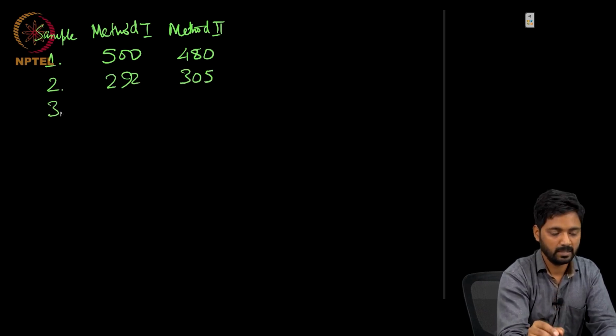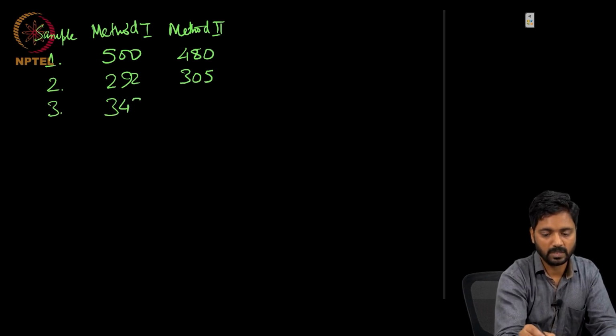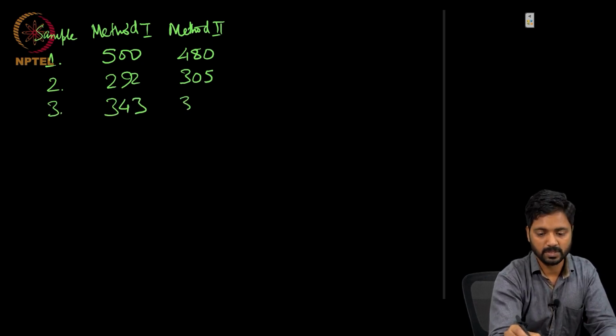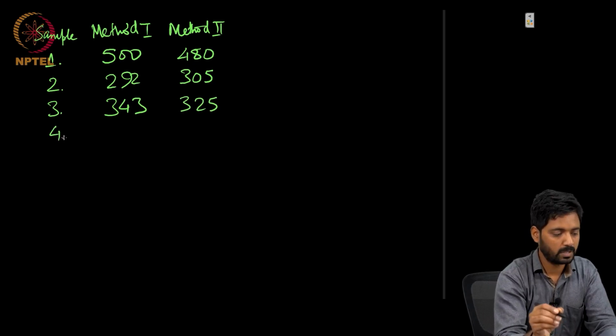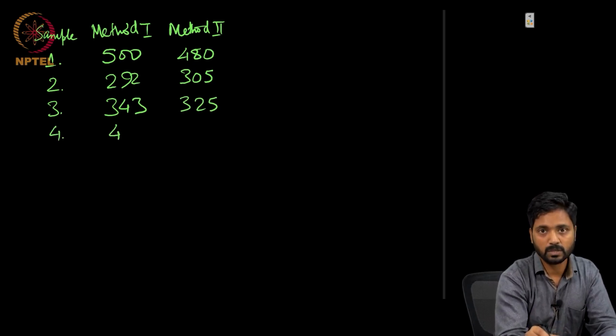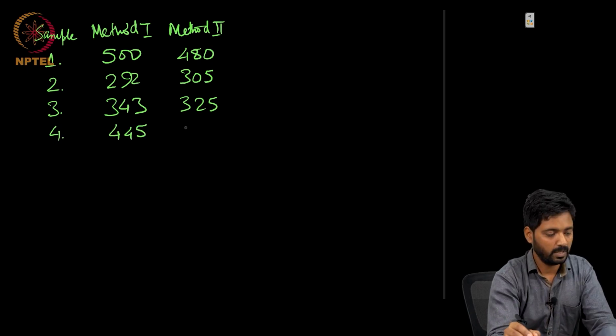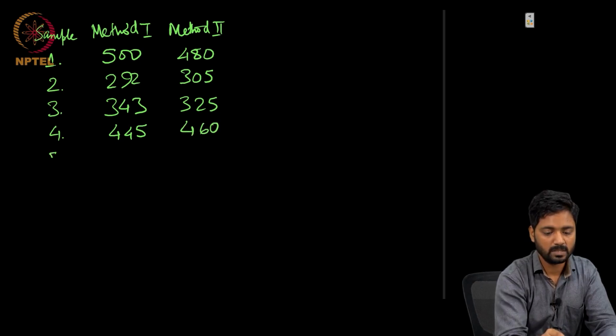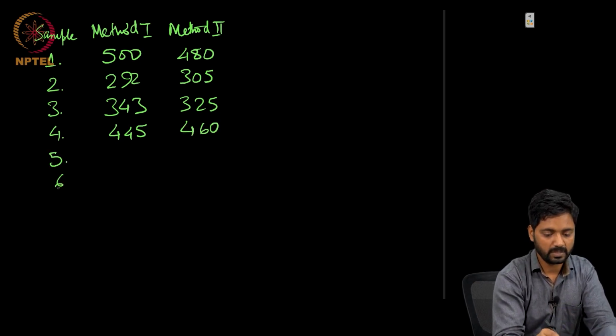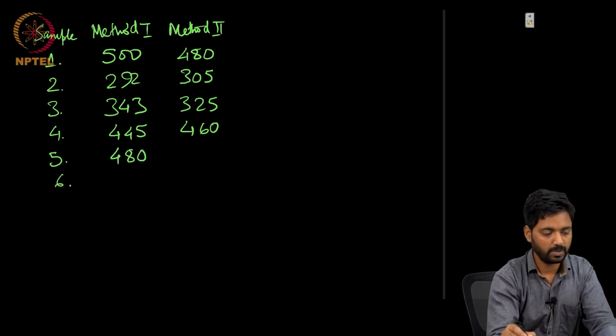Sample 3, it was 343 and 325. Sample 4, it was 445 versus 460. Similarly, sample 5 and sample 6 have these readings as 480 and 500,